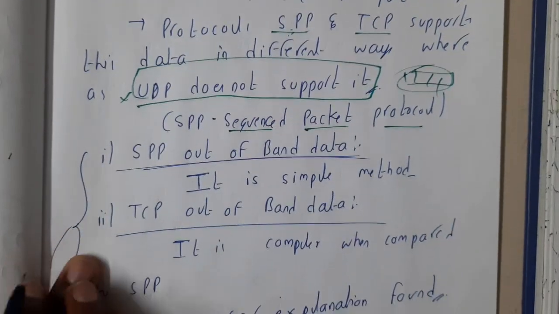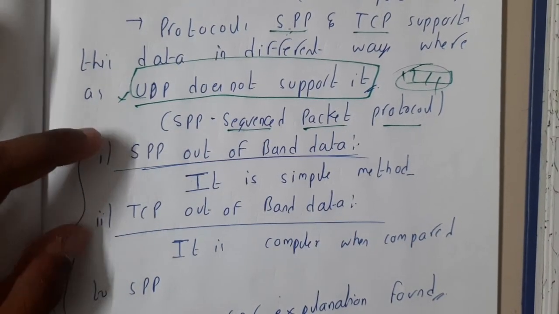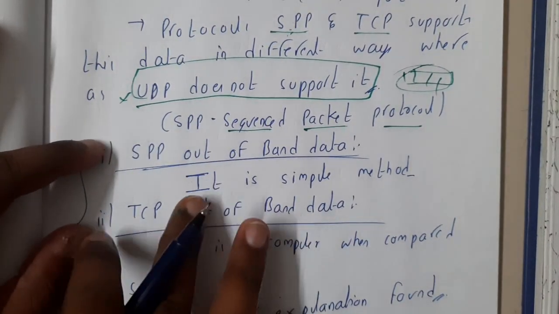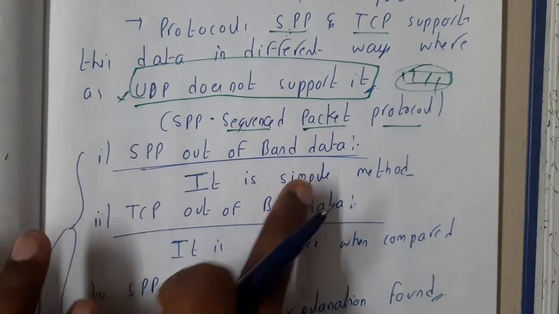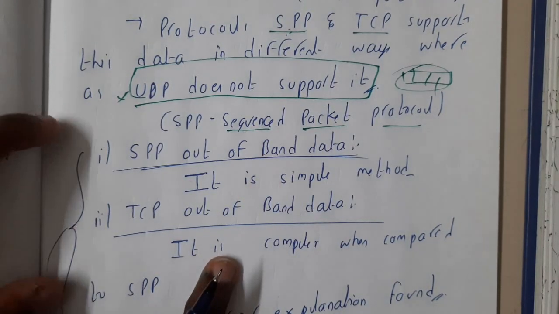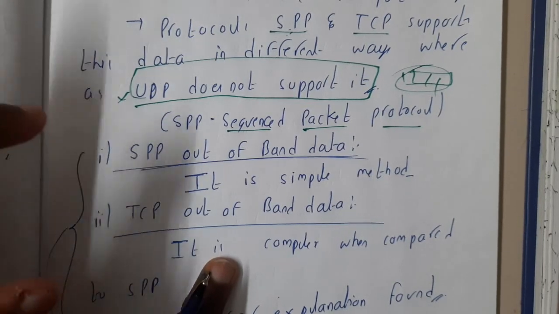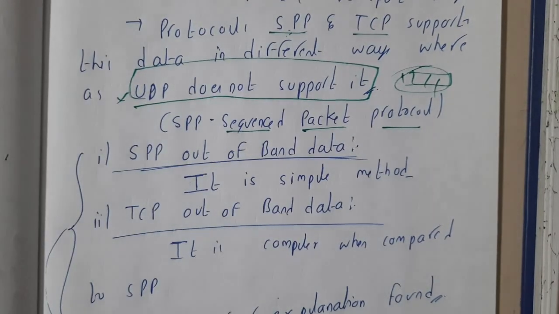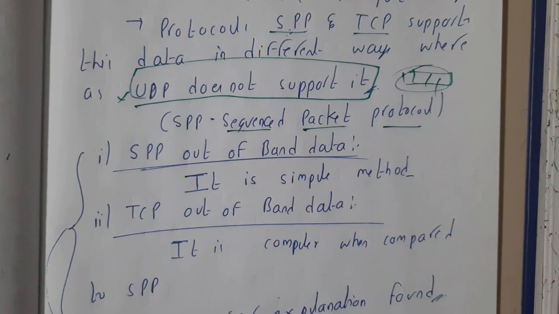Guys, I did not find a proper theoretical explanation for both of them. The only point I clearly understood is that out of band in SPP is simple to apply, whereas applying it in TCP is a bit tough. If you find any website or anywhere with the theory about these two things, please let me know. If you are watching on YouTube, drop the link in the description, so that it will be clear for someone else who is watching the video later on. Or I'll make sure I pin the comment also.